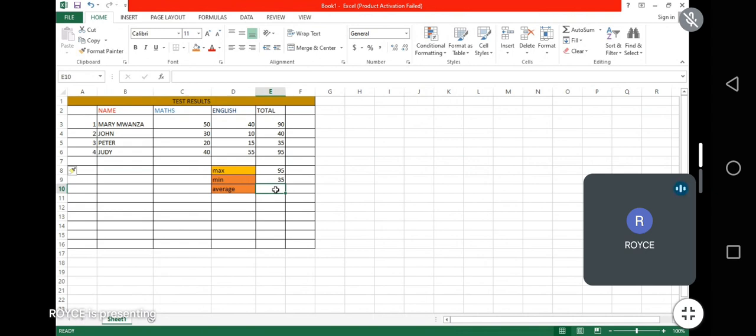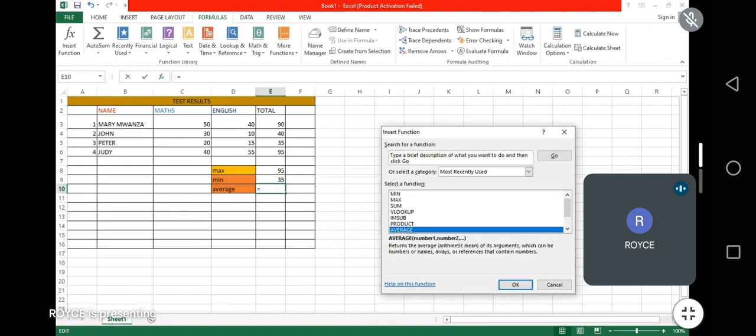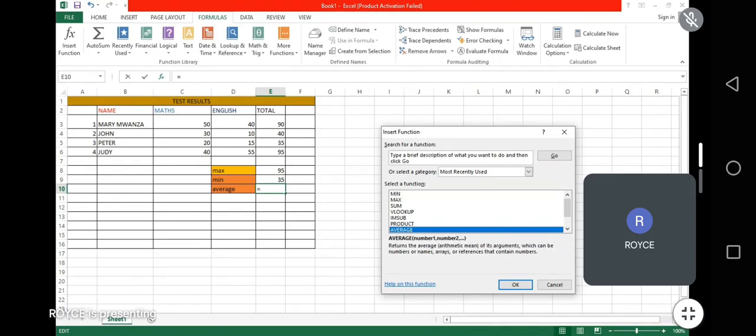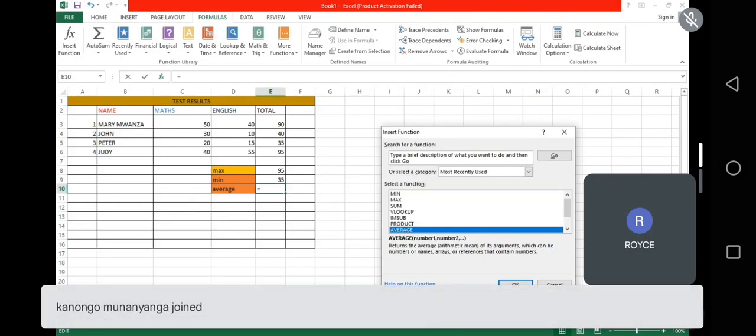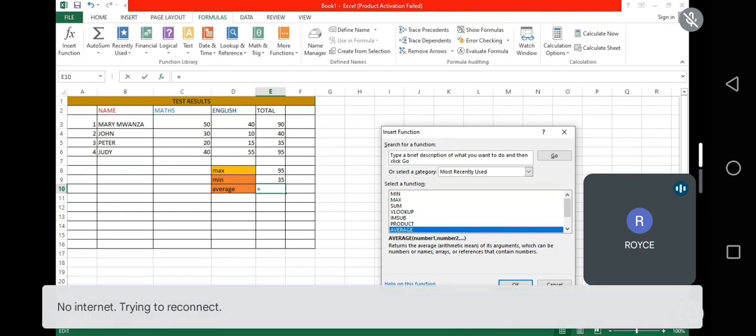So we are going to find the average mark. In order for us to find the average mark, we go back to formulas, function library, and then we look for average. And average is here, so I'm just gonna click on it. Then I'm gonna click OK. All right. So we've selected average, and they've given us a range of cells. They've given us E8 and